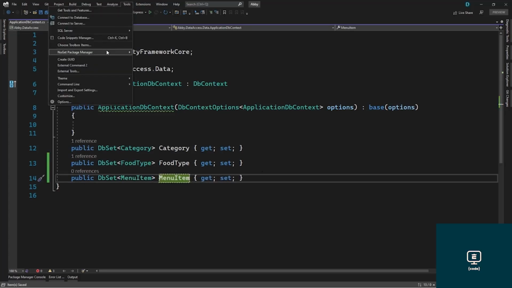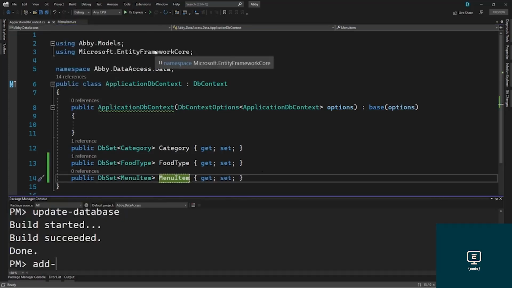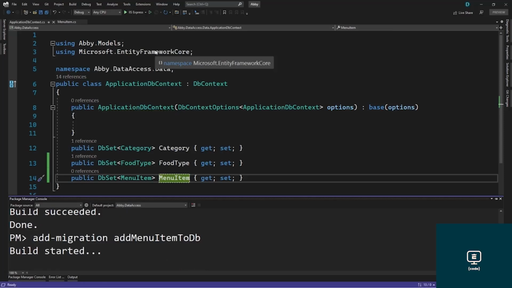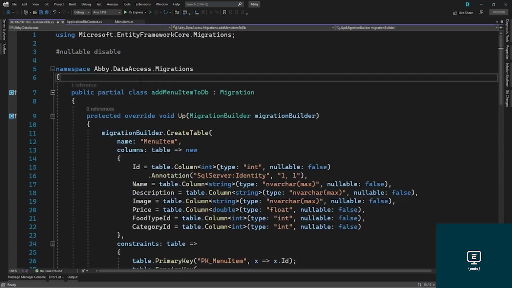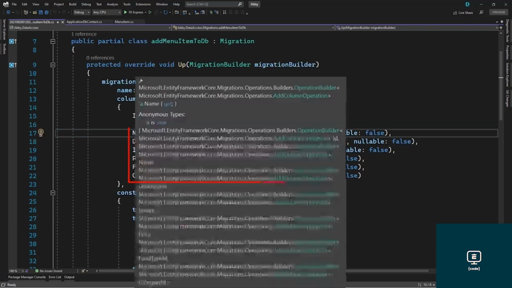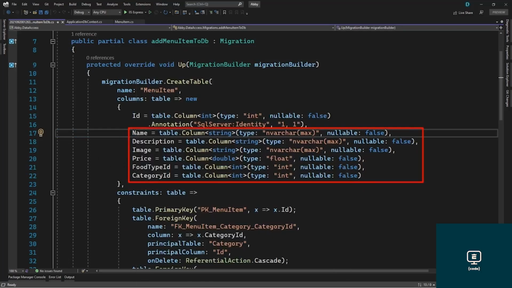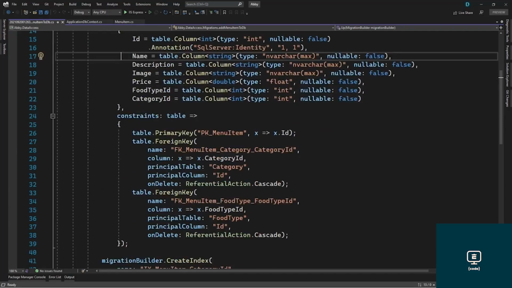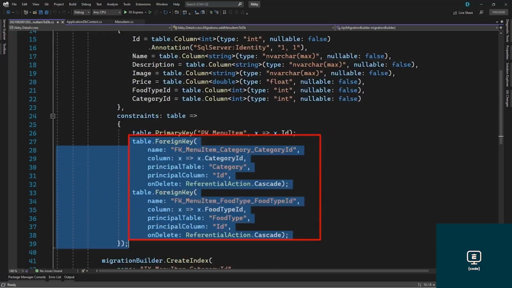Let's go to Tools, Package Manager Console, add migration, add menu item to DB. Perfect, migration got added. Let's examine the code. It's creating a table menu item, name, description, image, price, food type ID, and category ID. Then if you examine the constraints here, you will see we have two foreign key constraints with referential action as